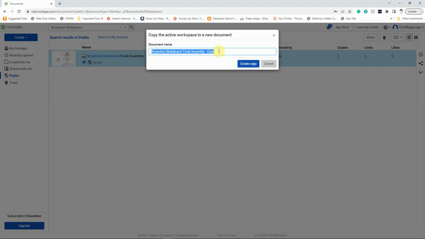So you see it's come up with a new name. What I shall do is I shall put in a student at the front, and I will delete the last bit because I don't want copy in the name, and I'm going to get rid of the Bryanston in there as well. So it says a student skateboard truck assembly. Now I suggest you replace a student with your name because then you will have your own copy of this file and you can then play around with that file later on. So left click on create copy,